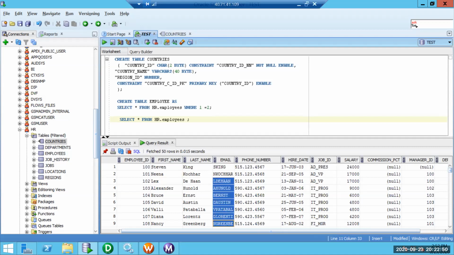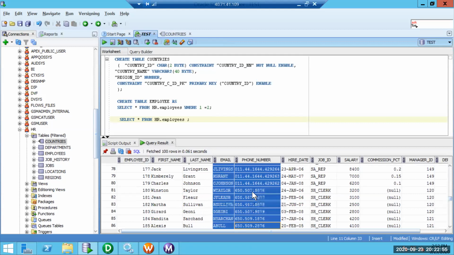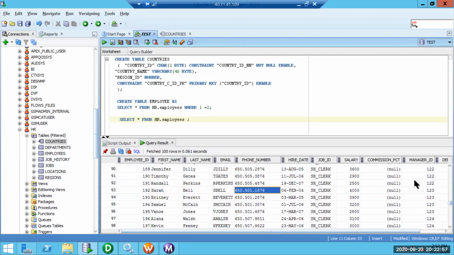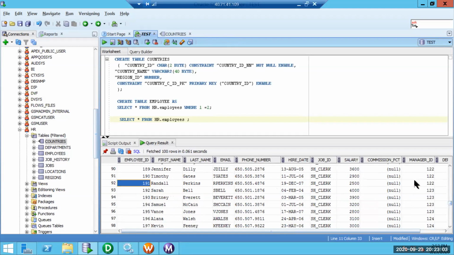We have the email field, job ID, phone number, manager ID, salary, and then department ID. What we can do is concatenate first name and last name and then populate that in one column, which is nothing but full name.